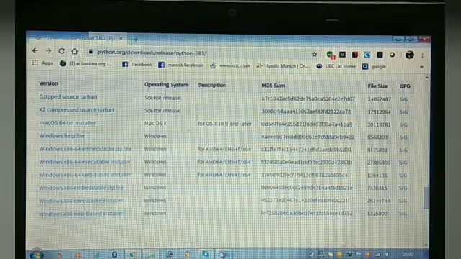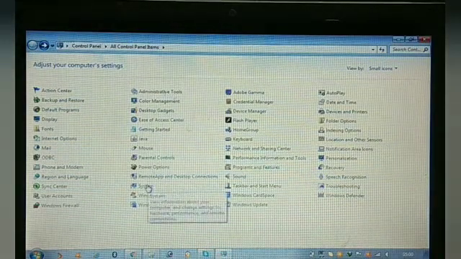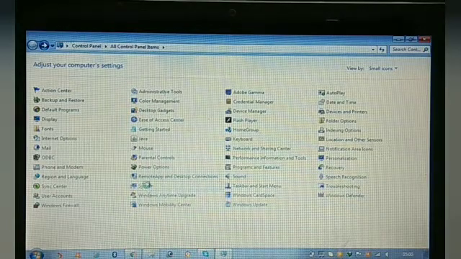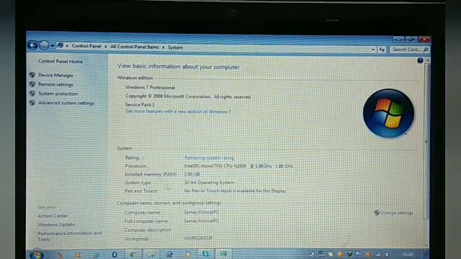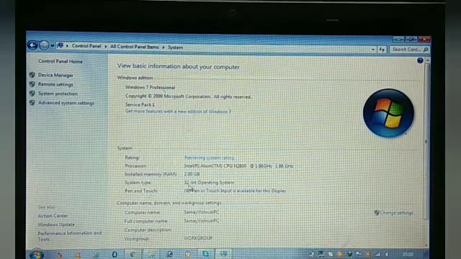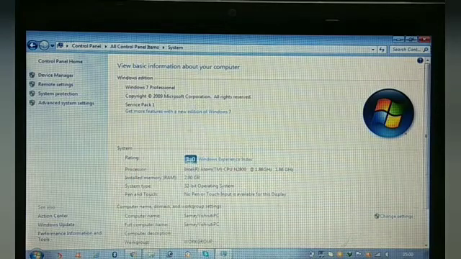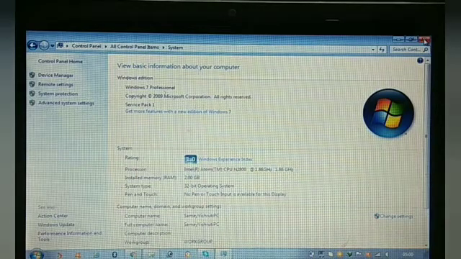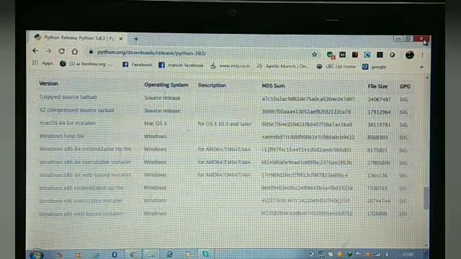Just go to the control panel and check out your system. It will just tell you the system type. Mine is 32-bit. Yours can be 32 or 64-bit. So just check it out from control panel, systems option.